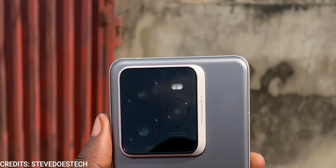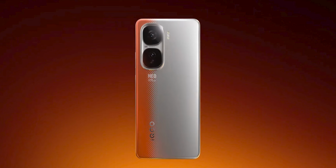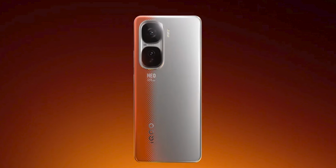And honestly, at this price range, if you don't count other devices like the S22 Ultra for example, there is no beating the Infinix Note 50 Pro Plus 5G and the Tecno Camon 40 Premier, especially if you're thinking of new devices. Now, I know there are other smartphones like the Realme GT7 Pro or the IQ series that you can get at this price range, but the thing is that they aren't readily available,